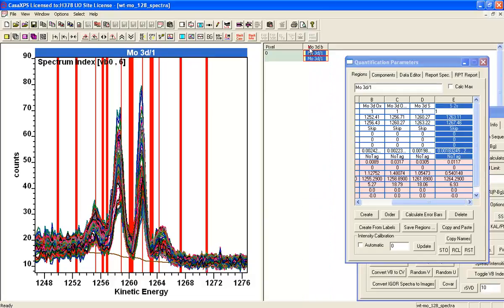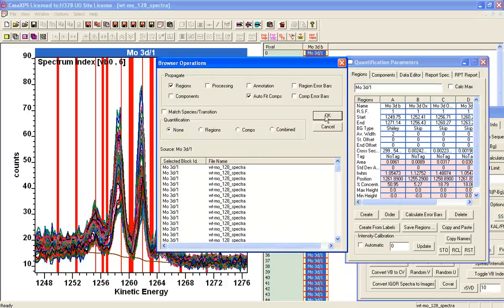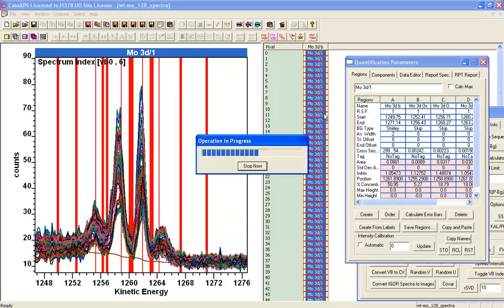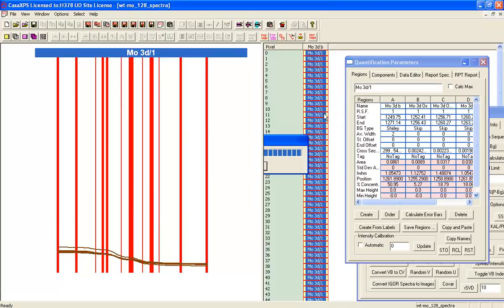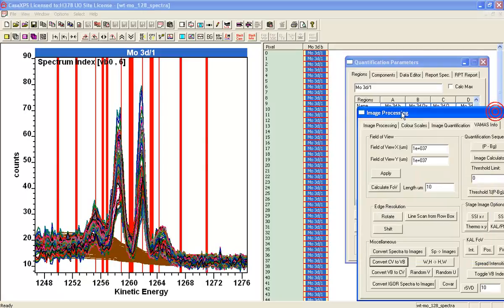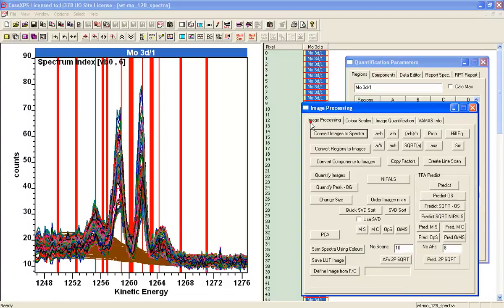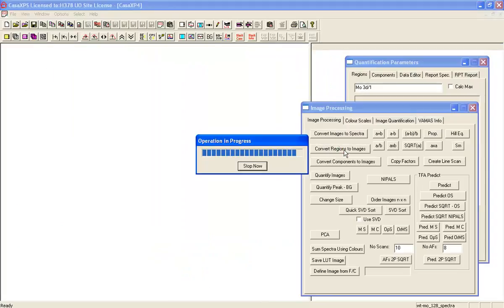And if I now propagate these regions to all of these VAMAS blocks, I get a background, and I get these regions on each one of these VAMAS blocks, which I can then use to create images. So for each region that I've got defined here, I'm going to create an image, and from these images I will be able to create atomic, or rather percent area images. So let's convert regions to images,